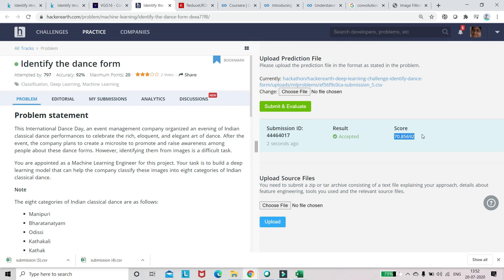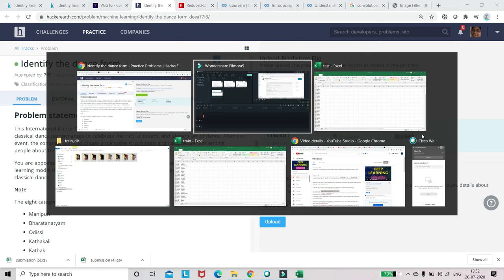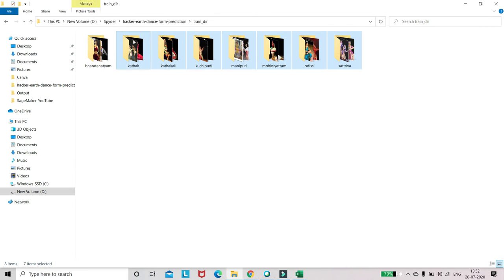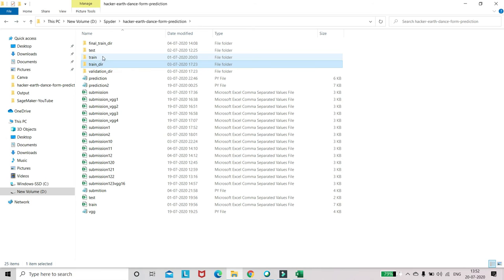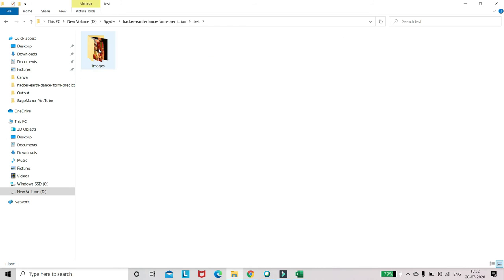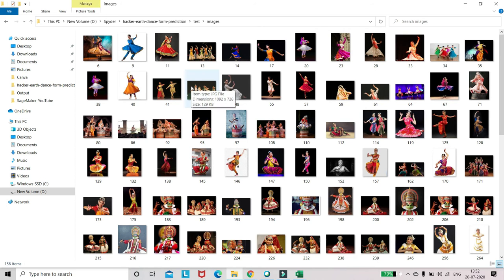Friends, if you go and check the leaderboard, you will see many submissions with a score of 100%. But don't get distracted by that score, because that score is not possible on images like this, where we have so much versatility. First of all, the images are very small, and learning features from them is quite a difficult task.